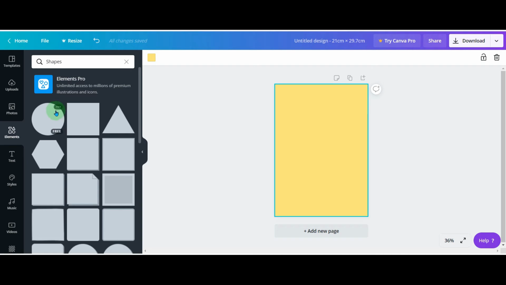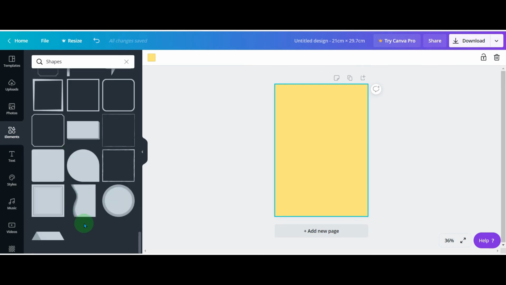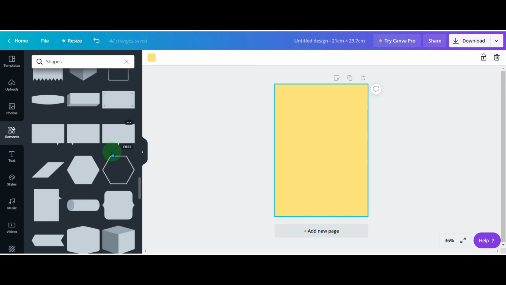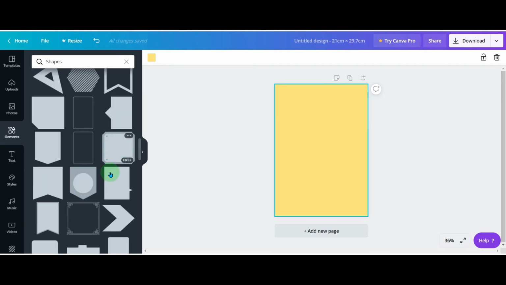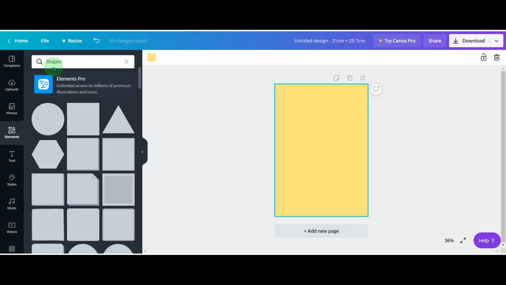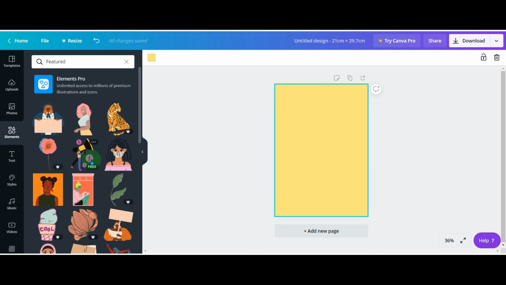What you will notice is when you go over an image or a photo or element or text, you'll see that it will tell you whether it's free or, in this case, whether it's an image that you will need to pay for.